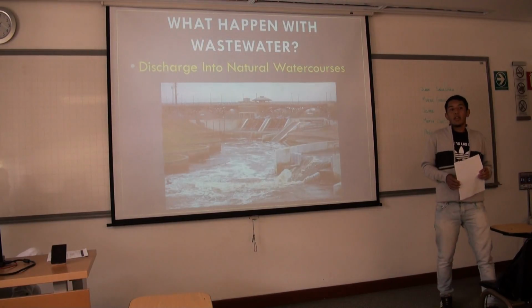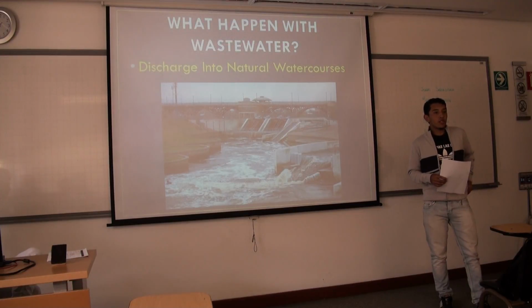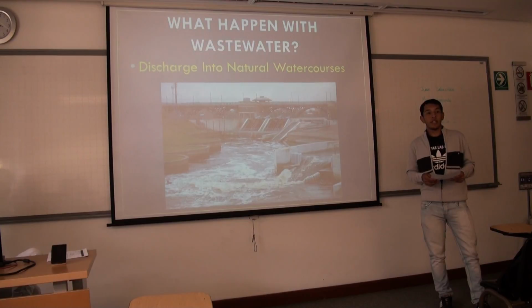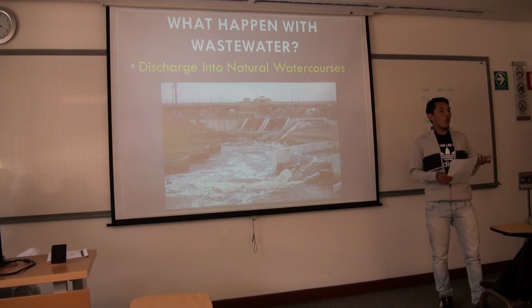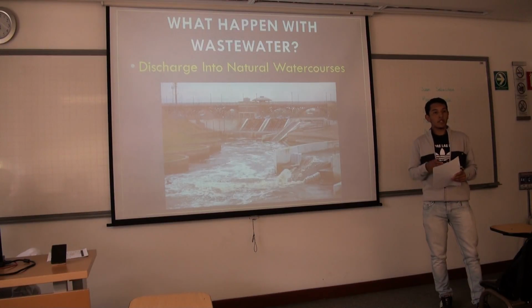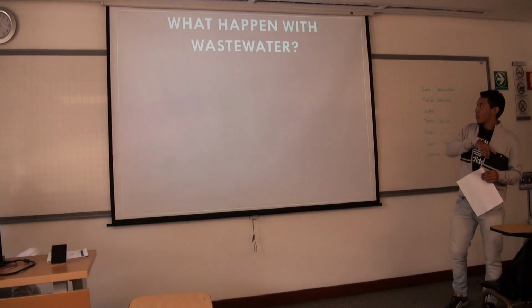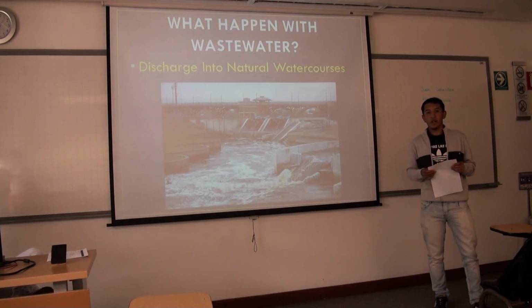So in the process that the industries take in order to produce these elements, some of them use water, maybe to clean the machinery, maybe to clean the facilities, or maybe as a raw material that is used to basically help them in this process. So, basically, what happens with this wastewater that industries produce?